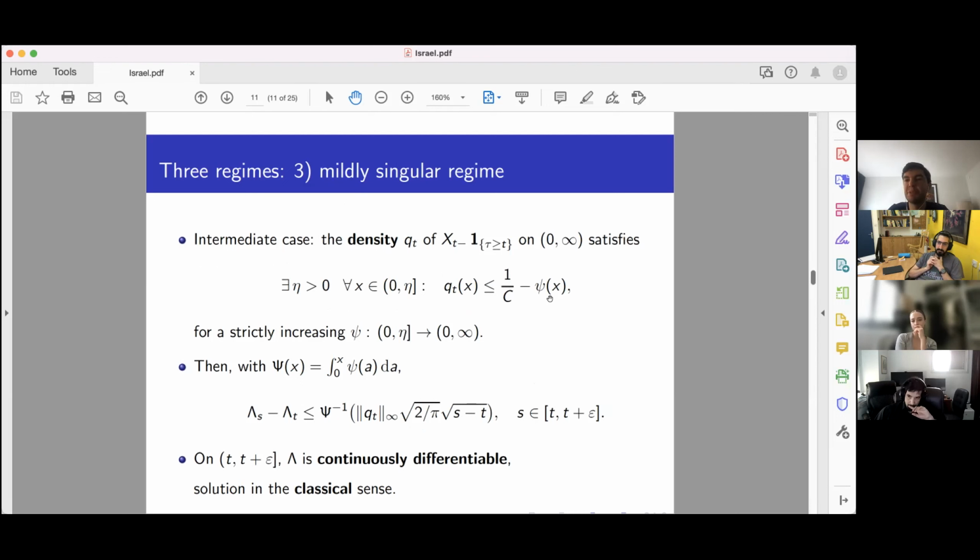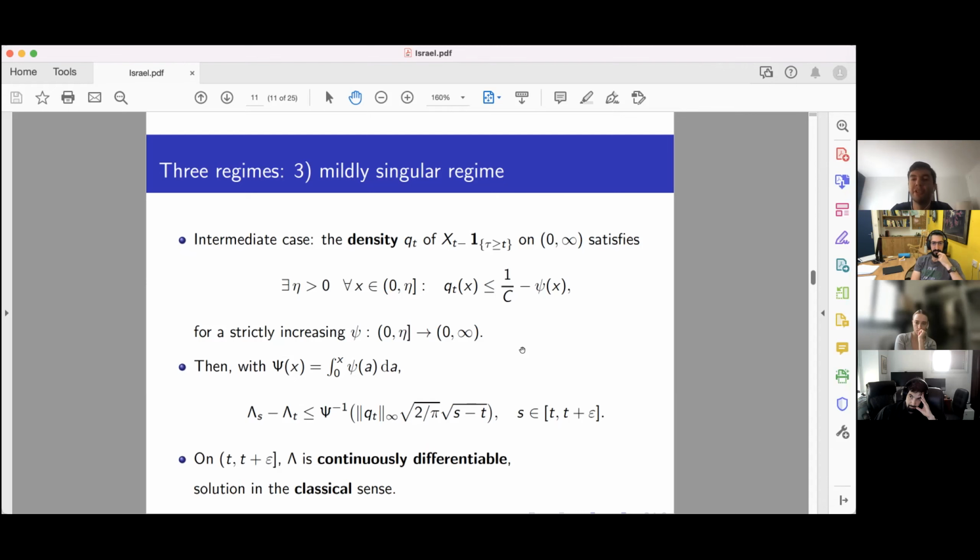So this function psi at 0 could be positive or could be 0. So you start either exactly at 1/c, at the critical threshold, and then your water is just slightly warmer than that in the vicinity of the frontier, or you might be somewhere between 0 and 1/c. Then the regular regime is when Q_t is 0 at the point. Exactly. So basically 0 is a regular regime, above 1/c is the jump regime, and this regime is everything between 0 and 1/c. Thank you. Sure, you're welcome.